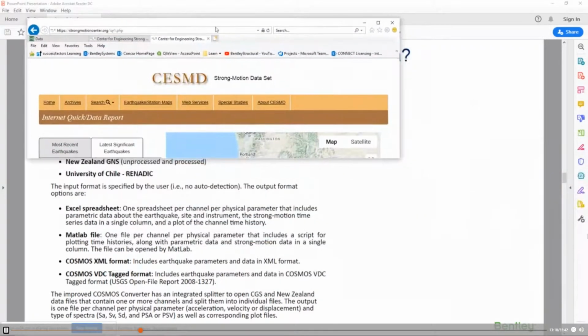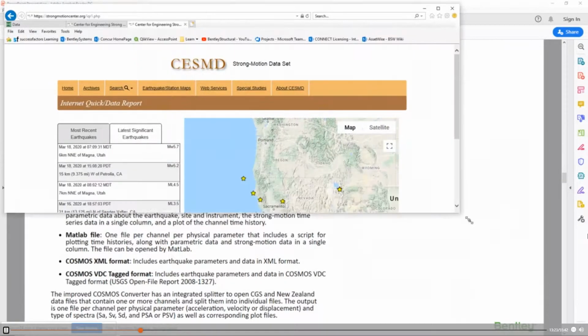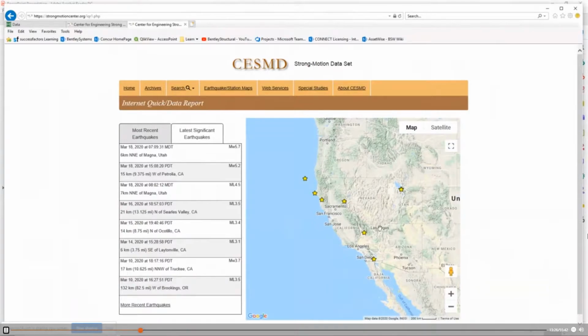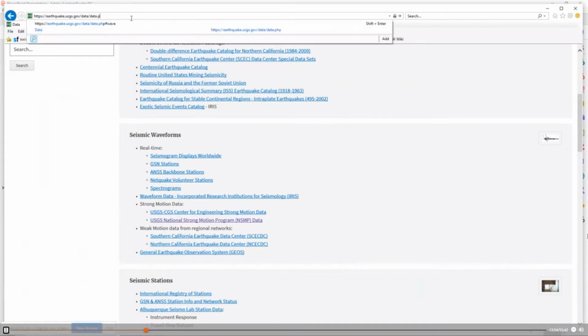And I'll show you what type of data that they have here so that you can access that directly. So I'll go back a couple pages here so that you can see. It's a little bit hard to read, but this is on, like I said, the USGS website. So the link here is earthquakes.usgs.gov/data. And if you go there, let's take a look where that will bring you, and I'll show you how to get